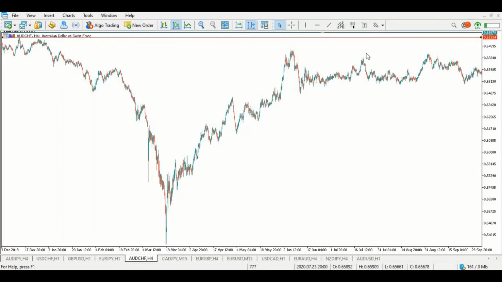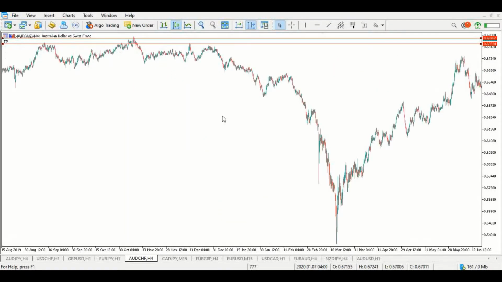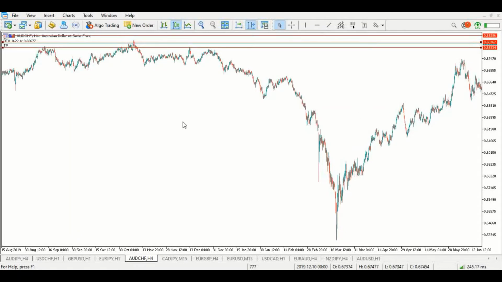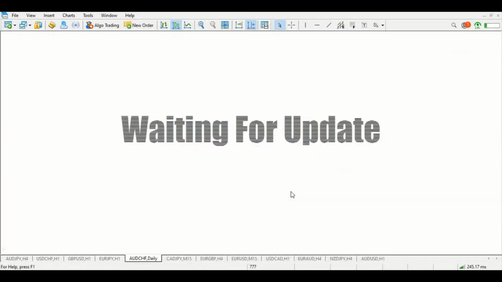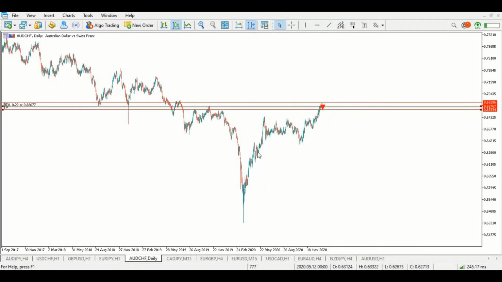So in today's video, I'm gonna be doing another trade breakdown. Okay, so we will be breaking down a trade I just took on the AudChf. It's a sell trade. I just wanted us to start right here on the higher time frame and basically highlight